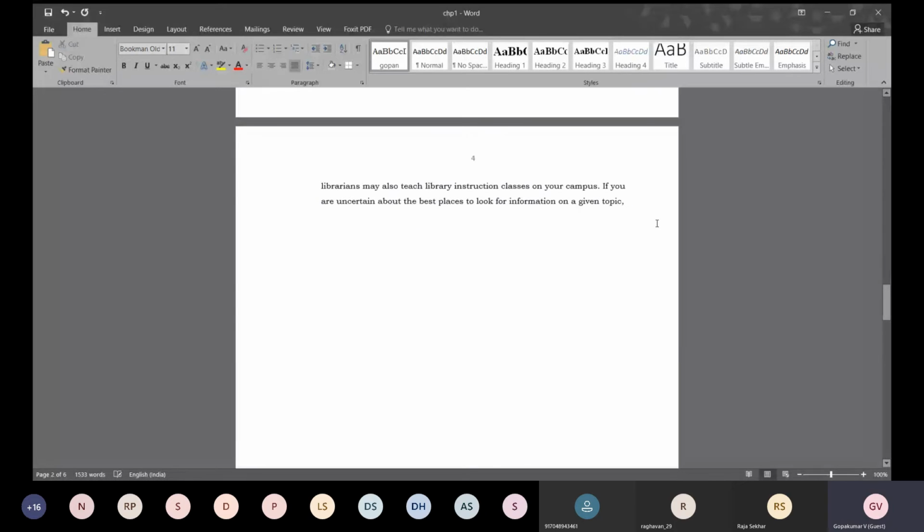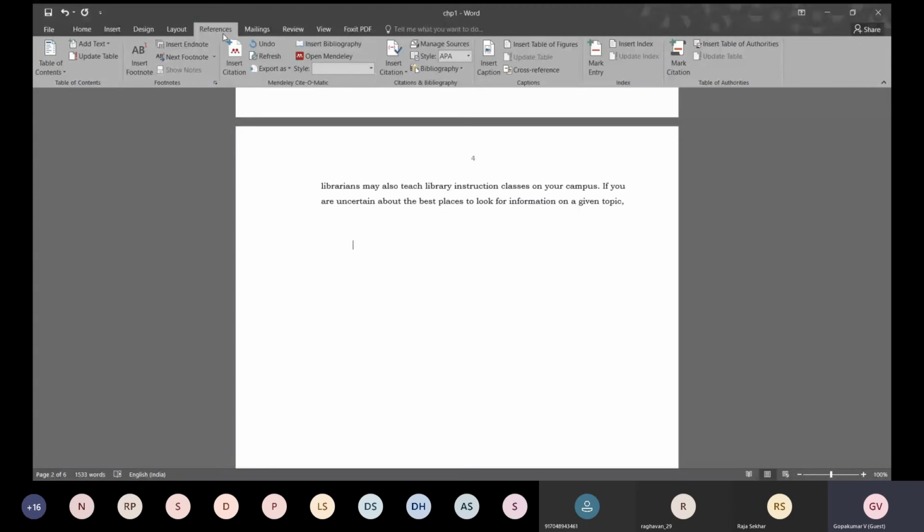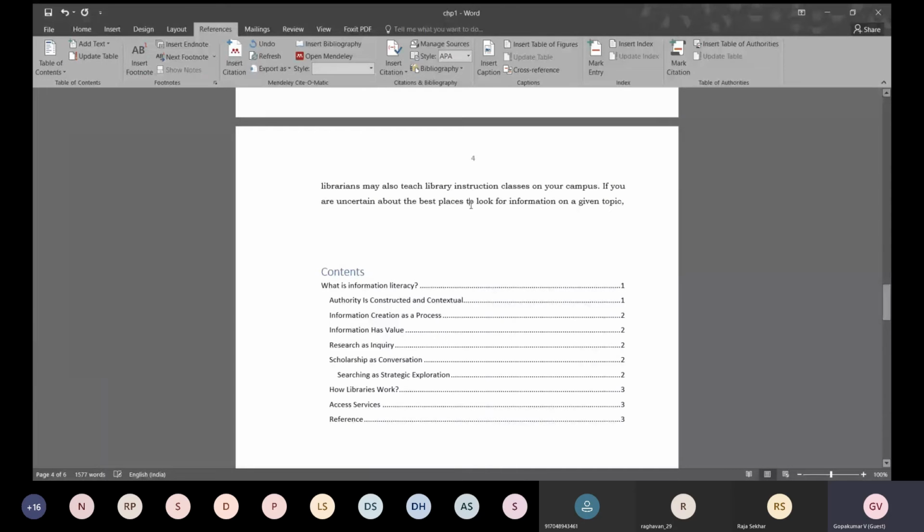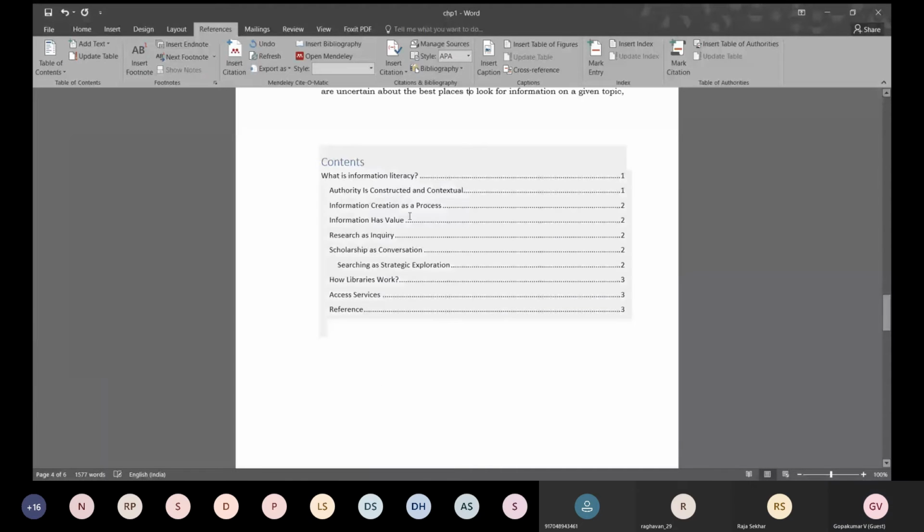Now nothing else is required. What you have to do is below, you can ask the computer to give our table of contents. I will just click on References. The first option here is Table of Contents. Click here and click on this option. You are getting your table of contents. You can see here the number of pages is very less. That is why 1, 2, 3 only are there.